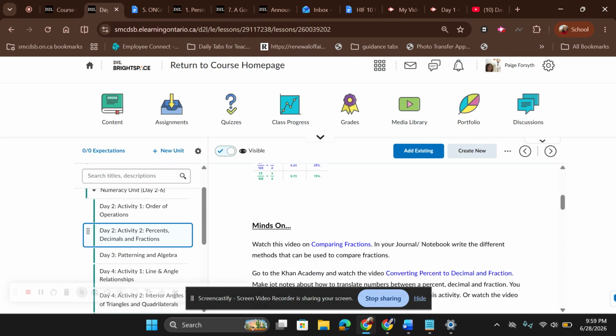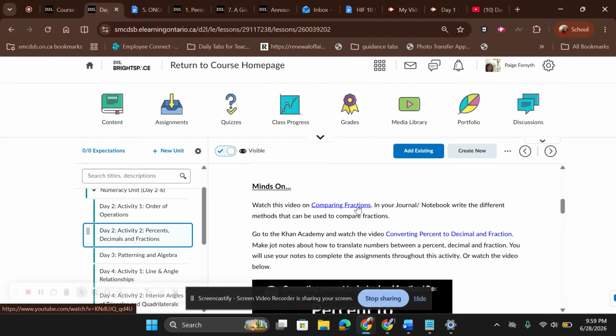So you're going to watch the video on comparing fractions, and in your journal you're going to write down the methods that can be used to compare fractions. So that just might be a notebook or a little page beside you that you can refer to throughout the